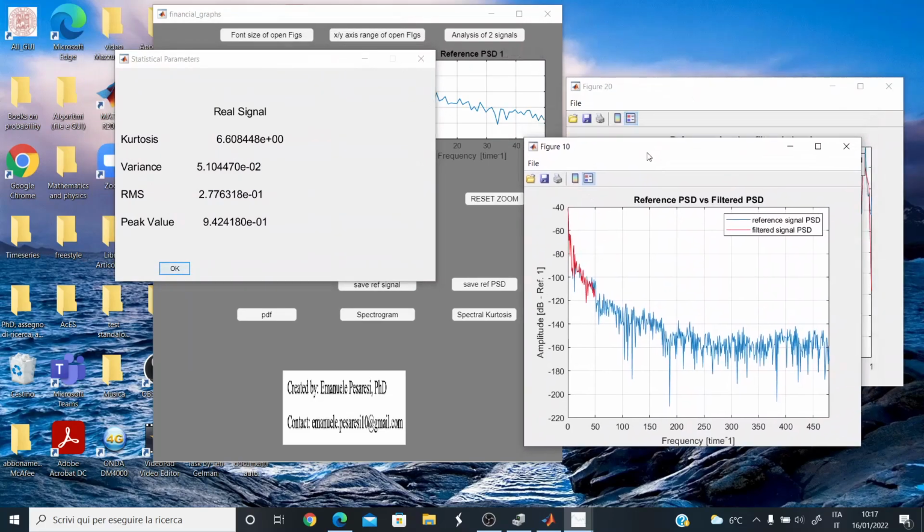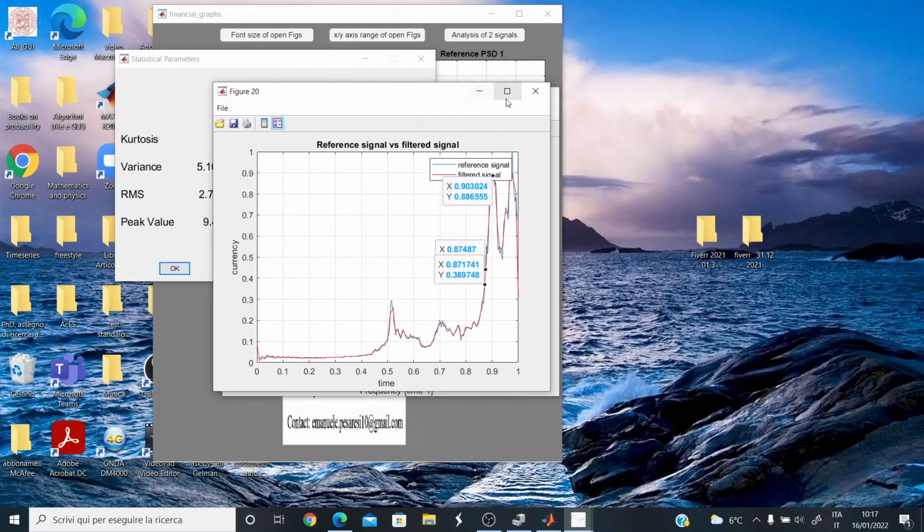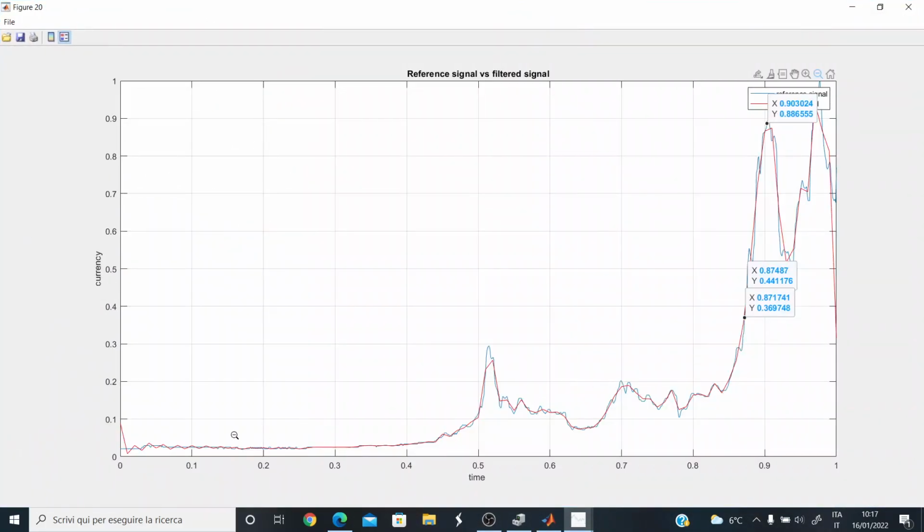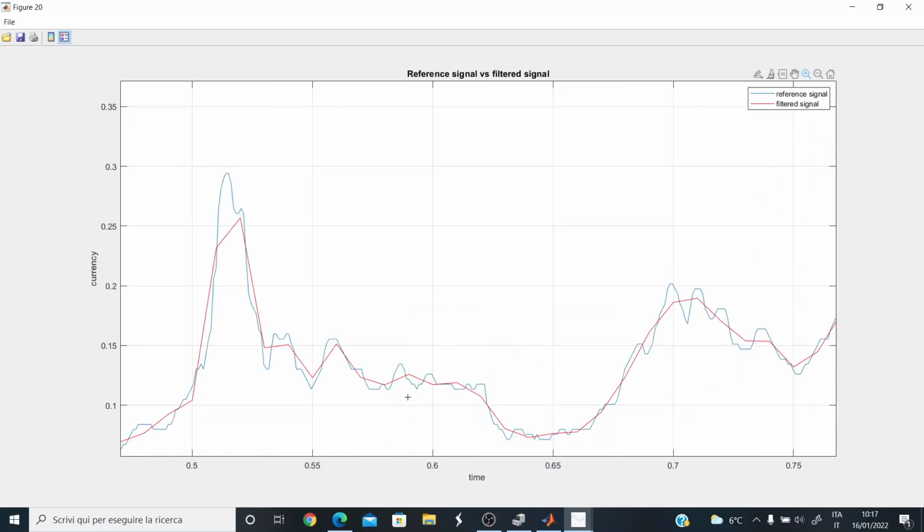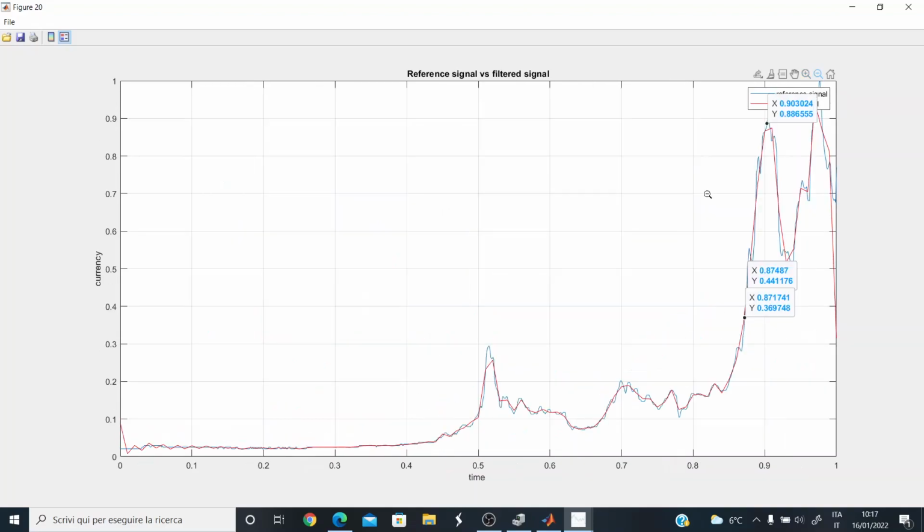And here we are. If I consider these two plots one more time, you can see that I have filtered the signal from 0 to 50 and I have eliminated the highest frequencies. For example, here you can see that I have eliminated frequencies which are higher than 50, so I can understand more easily this filtering tool. The filtering tool is very useful because I can try to eliminate the unnecessary fluctuations of the price chart, and